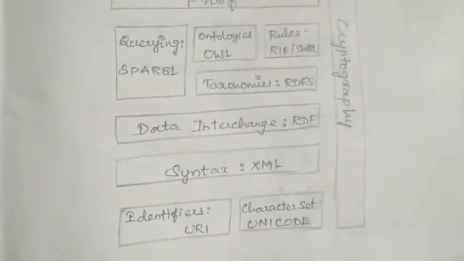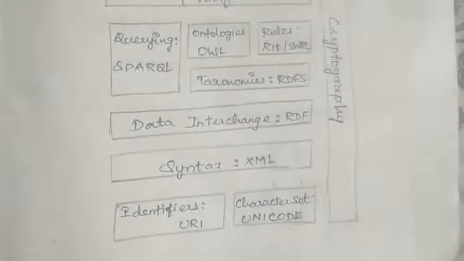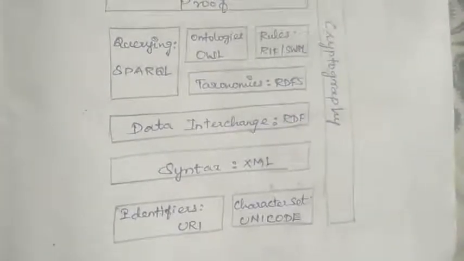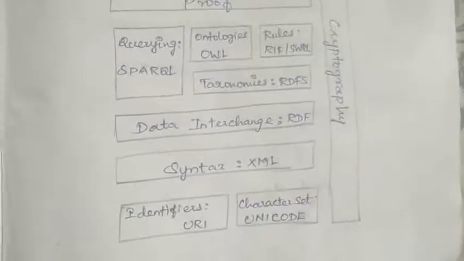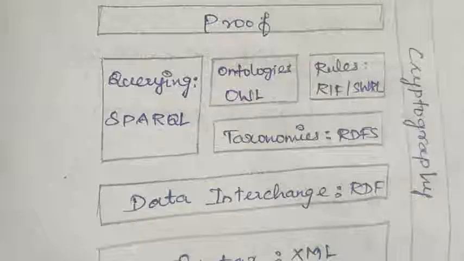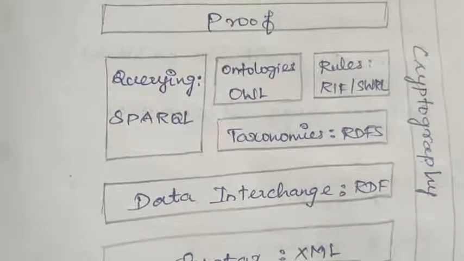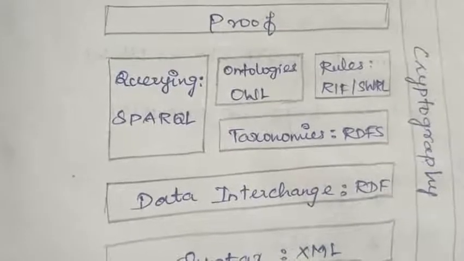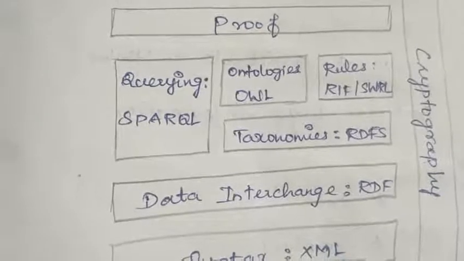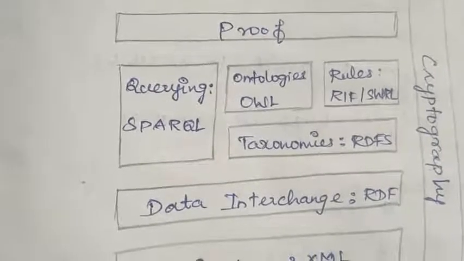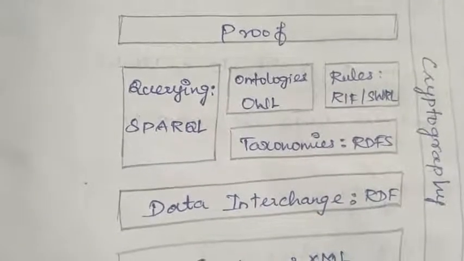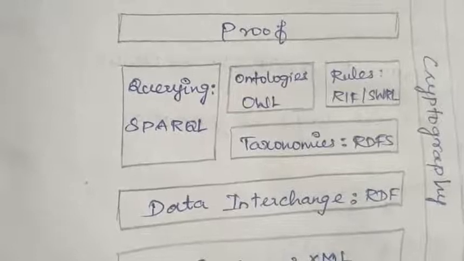Next, see about taxonomies. That means RDF schema allows more standardized description of taxonomies and other ontological constructs. That is called taxonomies. About ontologies. Web Ontology Language, that is OWL, offers more constructs over Resource Description Framework. Next, see about rules. Simple Protocol and RDF Query Language, that is SPARQL, is an SQL-like language used for querying the